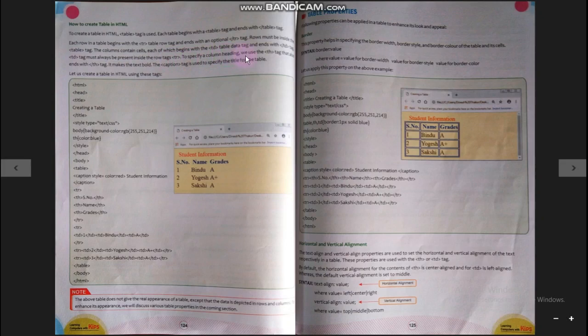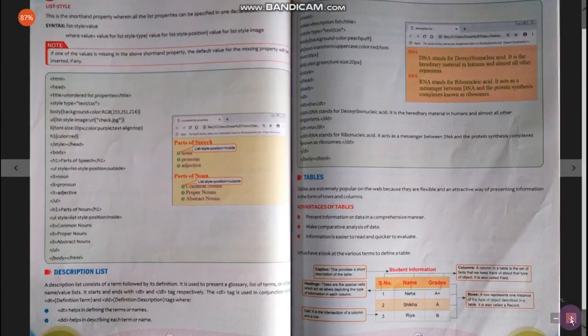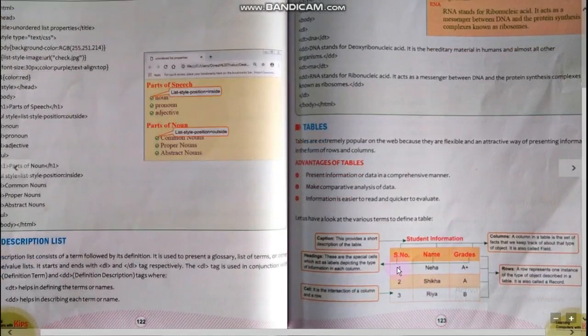To specify a column heading, we use the th tag that also ends with a th end tag. It makes the text bold. The caption tag is used to specify the title for the table. So according to the tags we have understood, these rows will be created with the help of the tr tag.